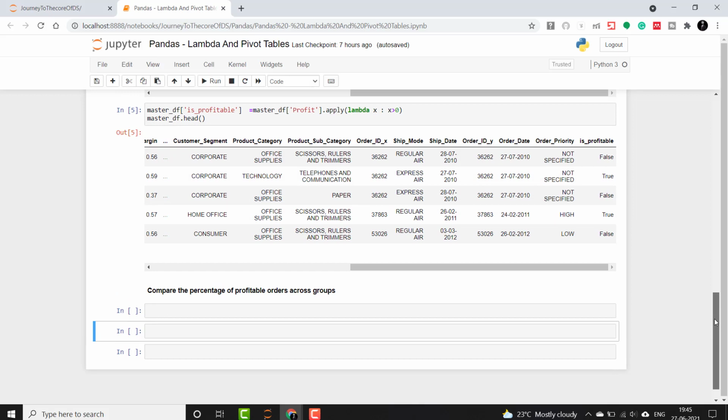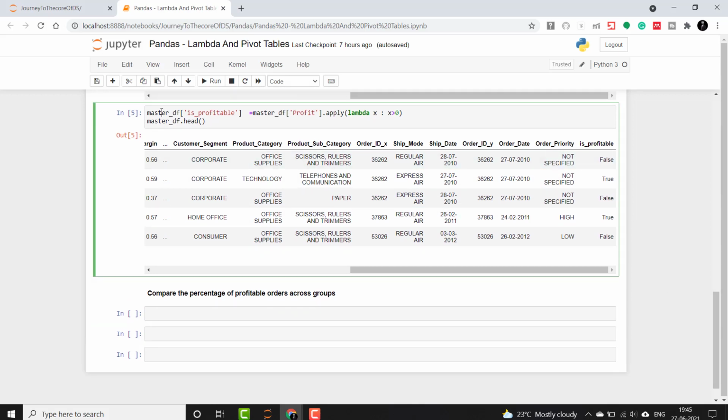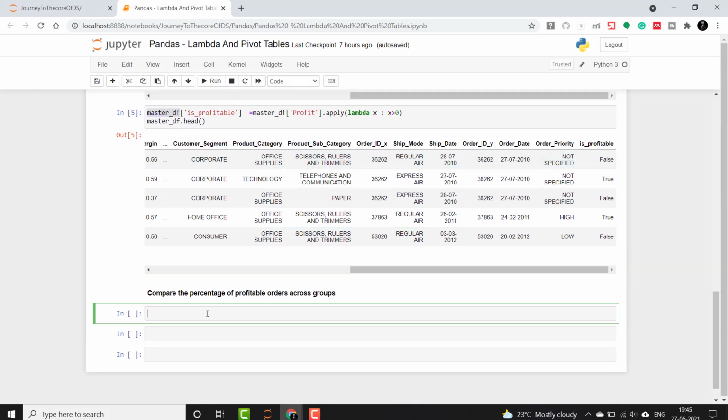I will just use this master_df and create a series named by_segment, and I will do a group by query here on the customer segment.